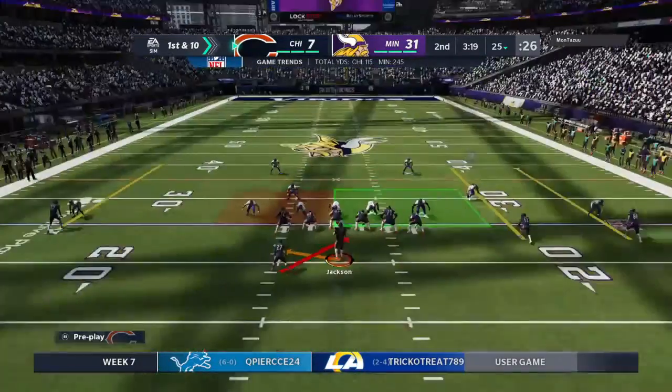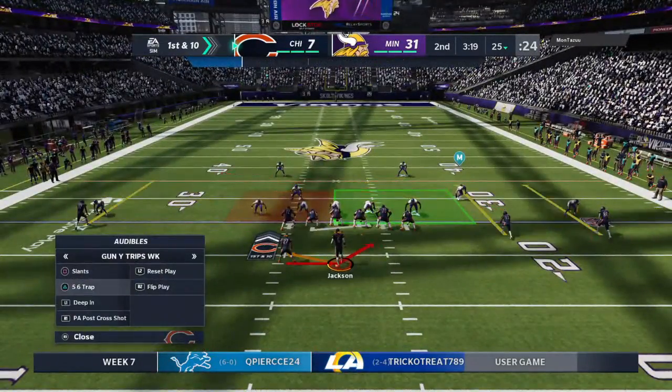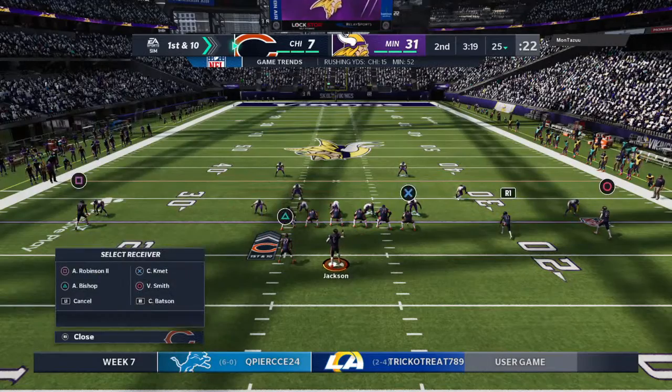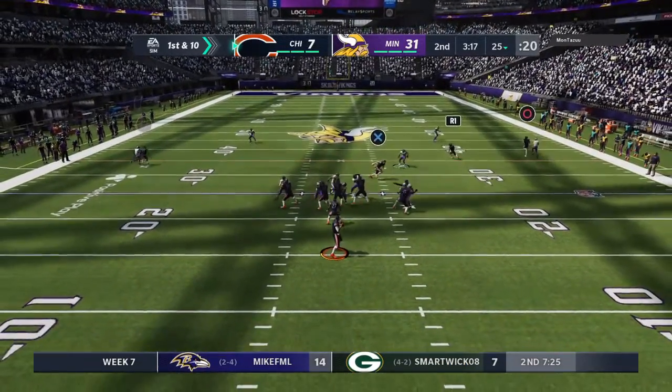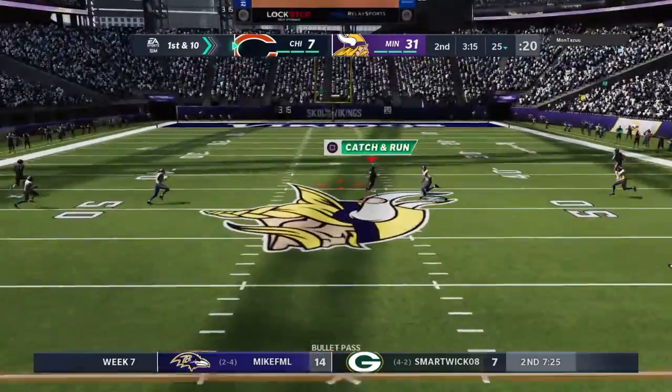The Bears offense ready to go for their next drive. I guess they have to feel a little gratified to at least get on the board last time, but still work to do, no doubt about it. I wonder now if they're going to try to increase the urgency a little bit, maybe pump up the...